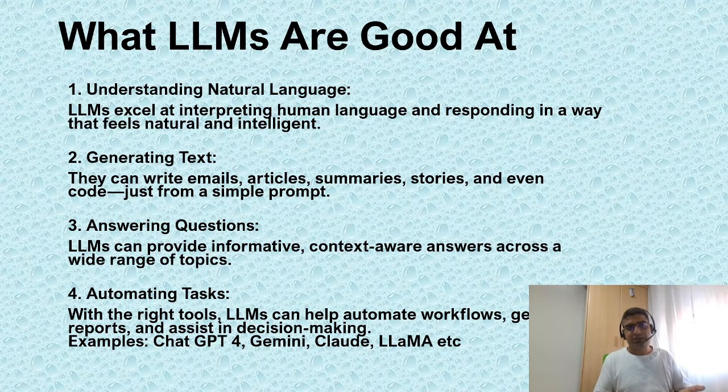Then generating text: you can write stories, emails, articles within seconds. Absolutely, there is no match in that. Nobody can match them. Answering questions: in daily life, I'm using a hell of a lot of Copilot and ChatGPT. I'm not using Google now; most people are asking ChatGPT directly, and it gives answers in a fantastic way. Automating tasks, some kind of workflows, here and there they are able to do the automation, but not that much.